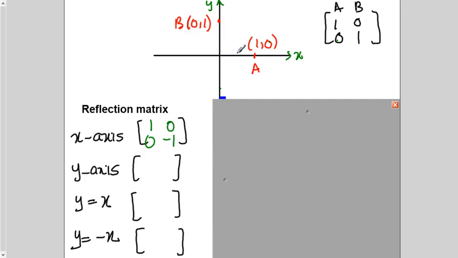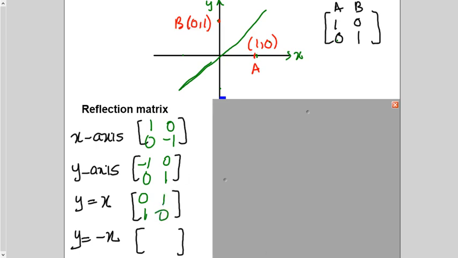Now same thing, I'm reflecting in the y-axis. A is here, it will come here, right? Because this is my y-axis, I'm reflecting in it. You always write point A first and then point B, okay? So you will write -1, 0, because this point will come here, and this will remain here only, because you are reflecting in the y-axis and it is on the y-axis. So you write 0, 1. Now when you reflect in the line y equals to x, okay? Now this is the line y equals to x. So this point will go here and this point will come here. So when point A comes here, it will become 0, 1. And point B will come here, it will become 1, 0.